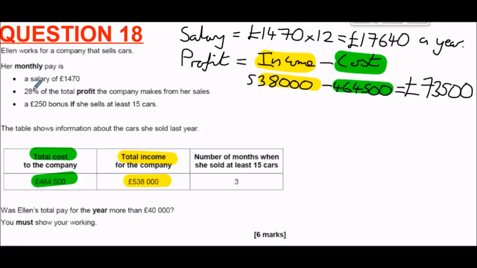And her monthly pay is going to be 28% of the total profit she makes from her sales. And so 28% of that profit is going to be 28% of